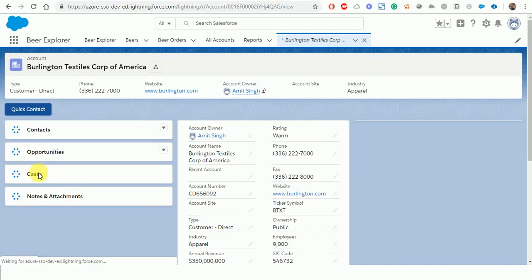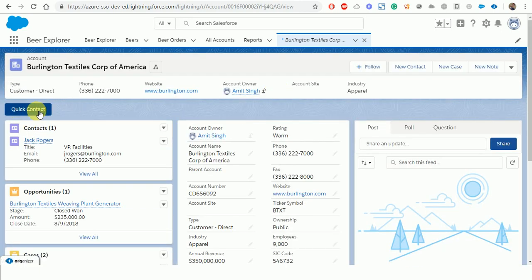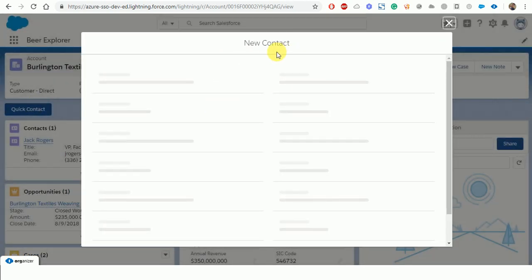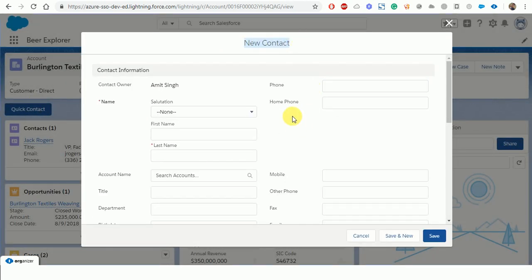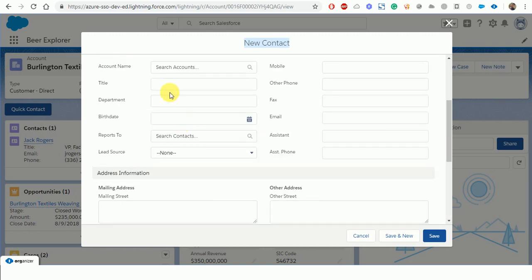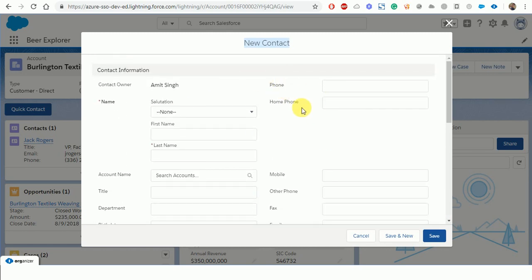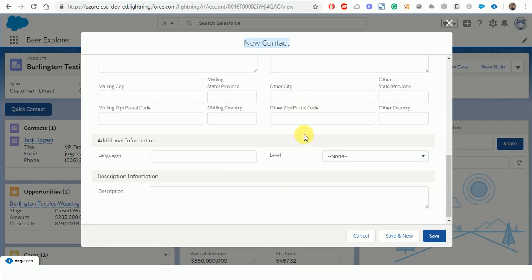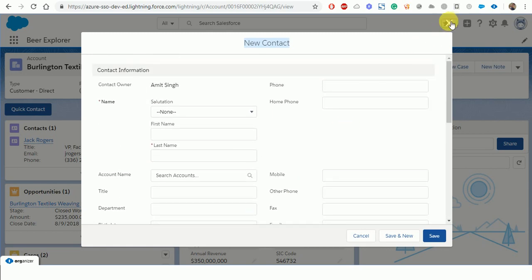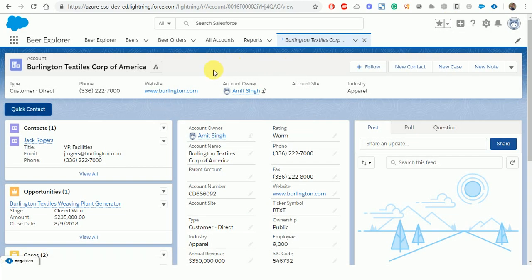Now you can see we are able to see the quick contact. If you click on this button, we should be able to see a pop-up saying new contact, and there is no default value. We are not setting any default values here. Now if you wanted to set the default value, let's say the account related to whatever the account ID is here on the URL,